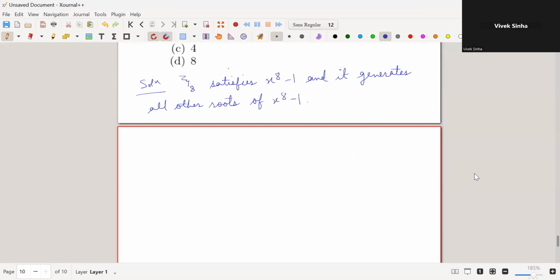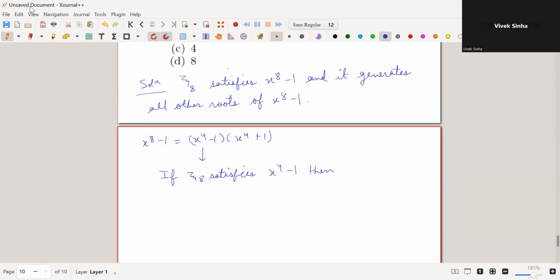Now x8 minus 1 is the same as x4 minus 1 times x4 plus 1, right? So you can expand this and then check that C8 is not a solution of this x4 minus 1. Or another way to see it: if C8 satisfies x4 minus 1, then